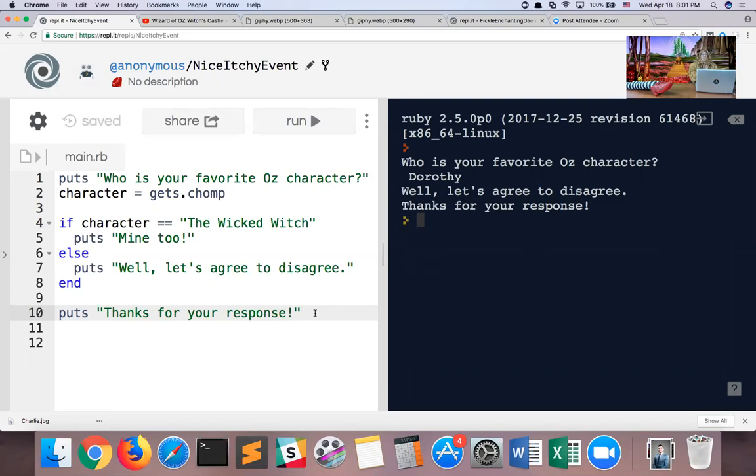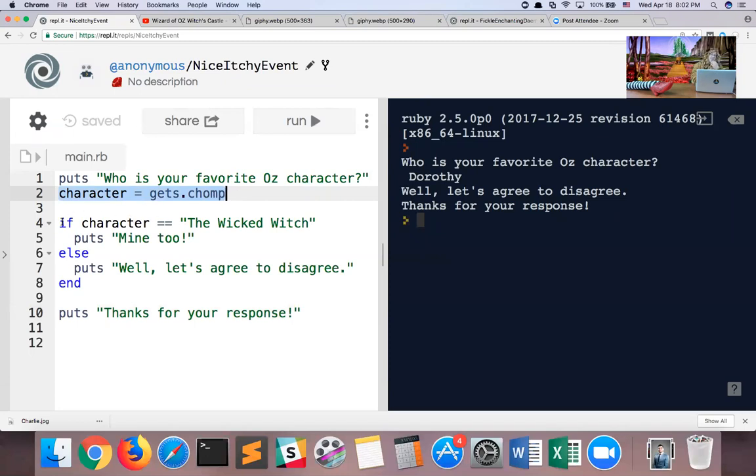However, when we're dealing with conditionals, there's a little bit of a deviation here. If you connect the dots, let's analyze which lines of code Ruby is running. It always runs line 1 first. Then it moves on to line 2 and runs that, and waits for the user input. As soon as the user input is typed in and the user hits enter, Ruby moves on.